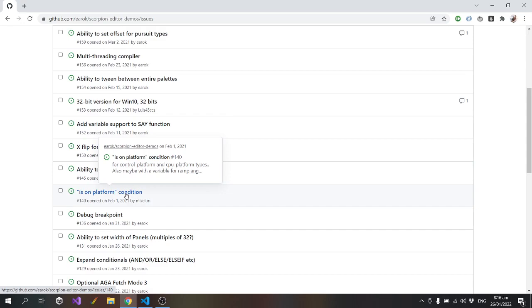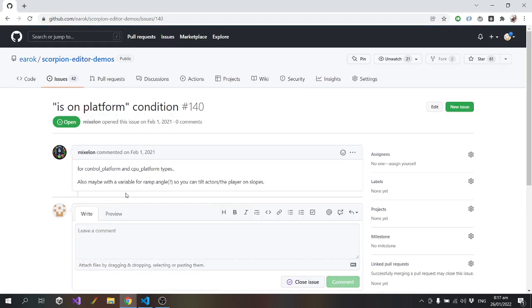Code blocks is on platform condition. Oh, that's from you, Mixel. Yeah, I think this one is done. We don't have a variable for ramp angle per se, but that's another thing you can work around in code blocks.